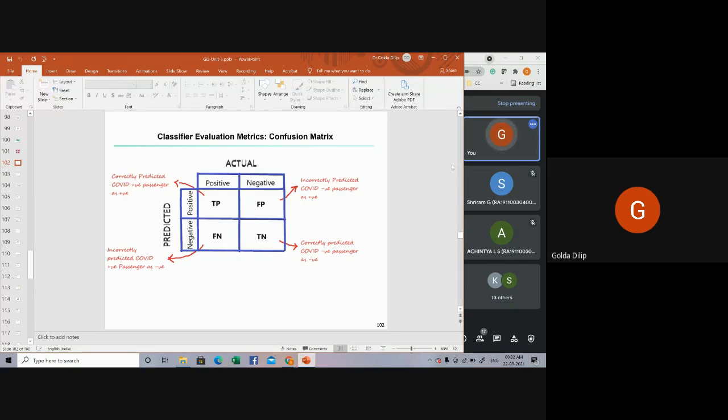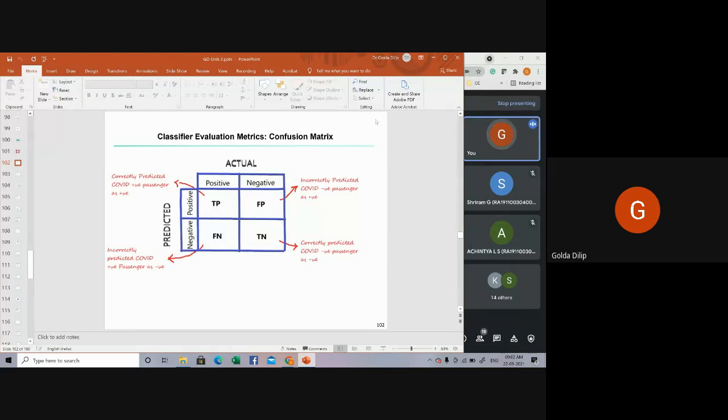So with respect to the example, can you tell me what exactly is this true positive all about? We discussed a case study for this yesterday, right? A COVID-19 case study was discussed to understand this. So with respect to that, what is this true positive? Actually, when you predict an observation as belonging to a particular class and it's actually belonging to that class, we term it as true positive. So you're correctly predicting the COVID positive passenger as a positive case. That's when we call it a true positive.